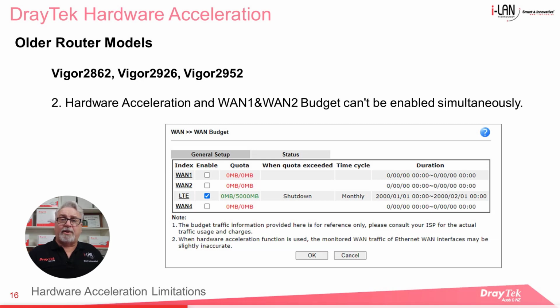Another limitation in these routers is that WAN budget will not accurately record data traffic through the WAN interface being monitored. This can cause problems if you have a limited data quota for an LTE connection and you don't want to incur additional costs for the extra data used. This is not a problem in later model routers such as the VIGA 2865, where this function can coexist with hardware acceleration.